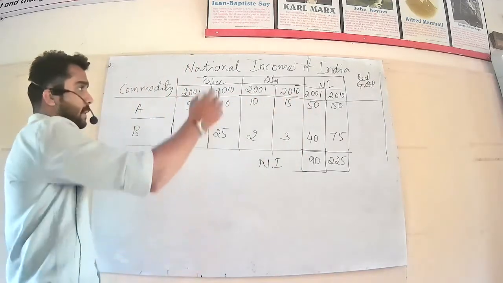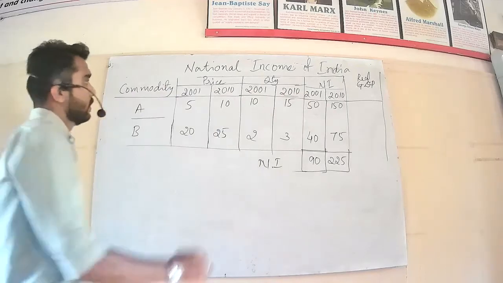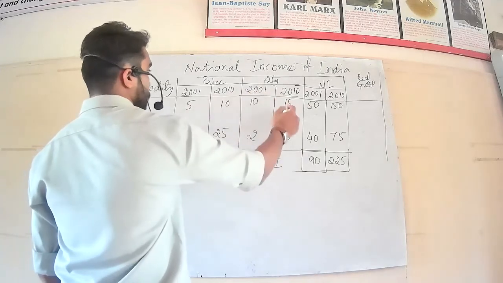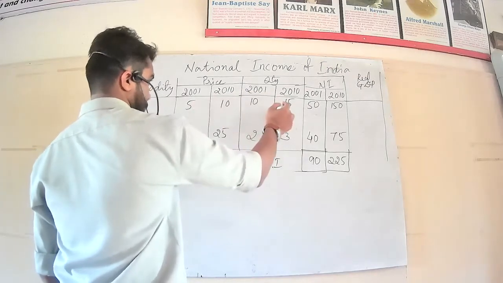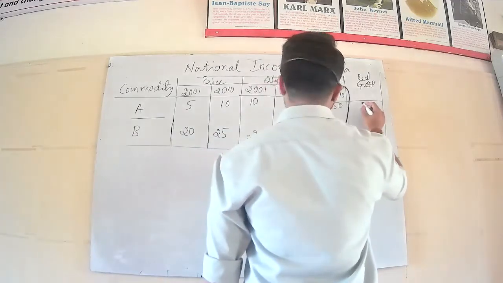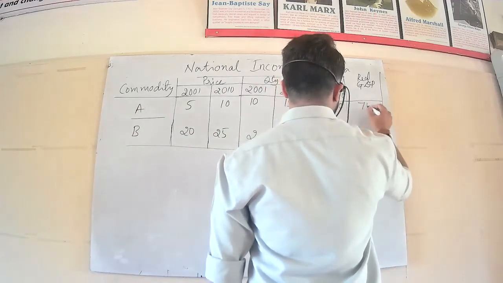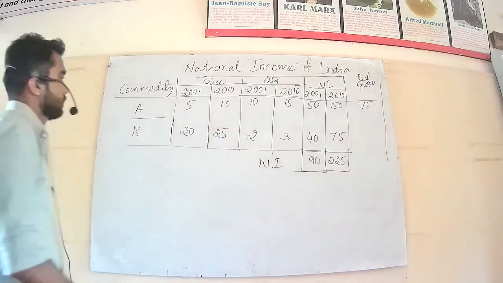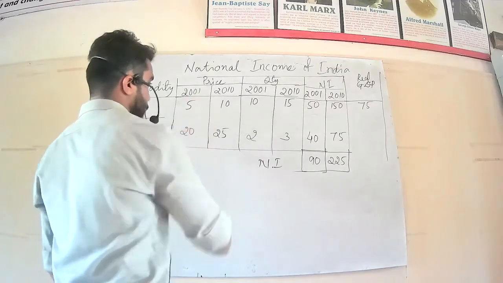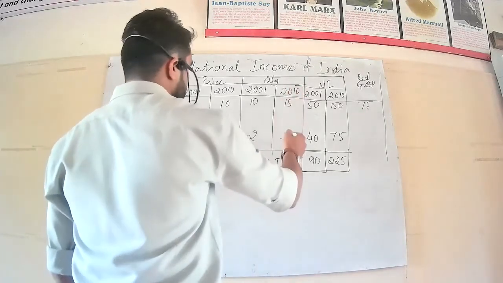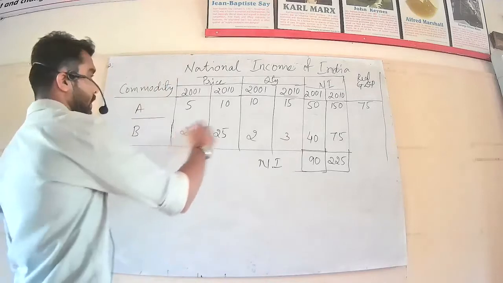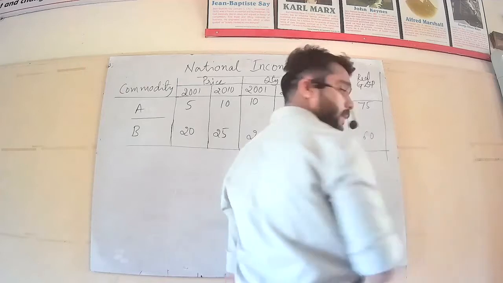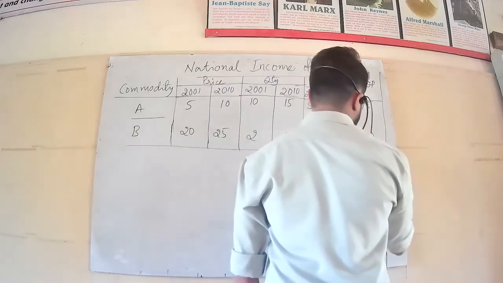So multiply now. Price is 5 in the year 2001, the quantity is 15. So the real GDP became 75. 15 into 5, 75. Then for B, the price in 2001 and the quantity in 2010, 20 into 3, 60. Total it, the total will come to